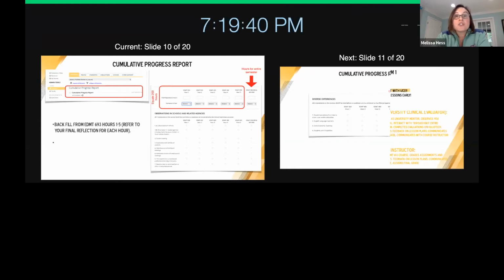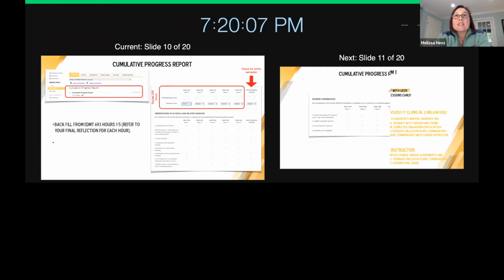What you're going to do is go in there and type in how many hours you had. If you don't remember, just put 40, because you know you at least had that many or you wouldn't have been able to pass. And then the semester year. At what point did you do hour 1? At what point did you do hour 2? Again, you can look back on your semester reflection. You can also look back on your curriculum contract because it'll be listed on there.